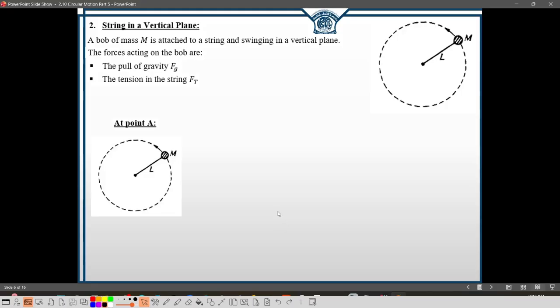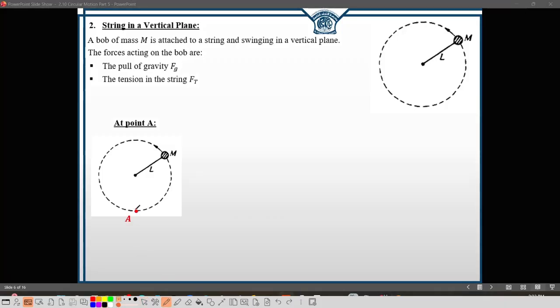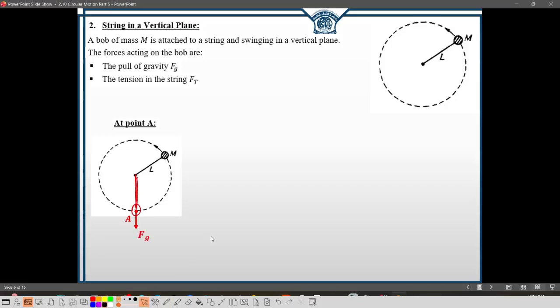Let's start with point A, and let's assume point A is exactly here. The two forces are acting on the bob. Let's assume that the bob now has moved to this position. The string is taut this way, the force of gravity is downward and the tension force will be acting upward. And if we consider the centripetal direction, the net will be Ft minus Fg. We always consider the positive direction to be inward. So Ft positive, Fg is negative, equals mv squared over r,